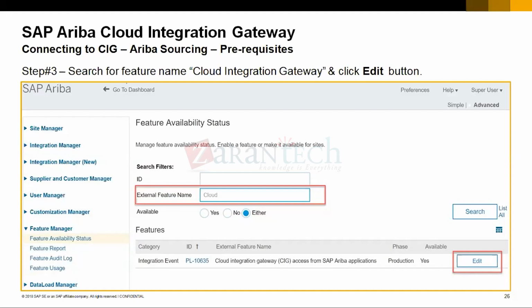So whatever toggles you have requested the Ariba shared service team to enable for your customer side, they are actually enabling all of those features from the feature manager itself. This feature manager contains the list of all features, and depending on the license your customer has purchased, they will enable or disable any particular feature from the feature manager itself. Okay, so once we come here to this cloud integration gateway, we have to click on this